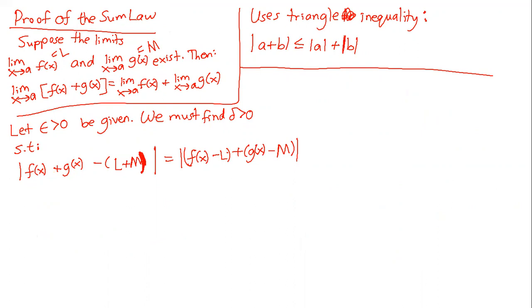So if these are the limits of the two, and if this statement was true, this part would be equal to L and this part would be equal to M. So it's saying that the limit as x goes to a of f of x plus g of x is equal to L plus M. So I would need to prove that